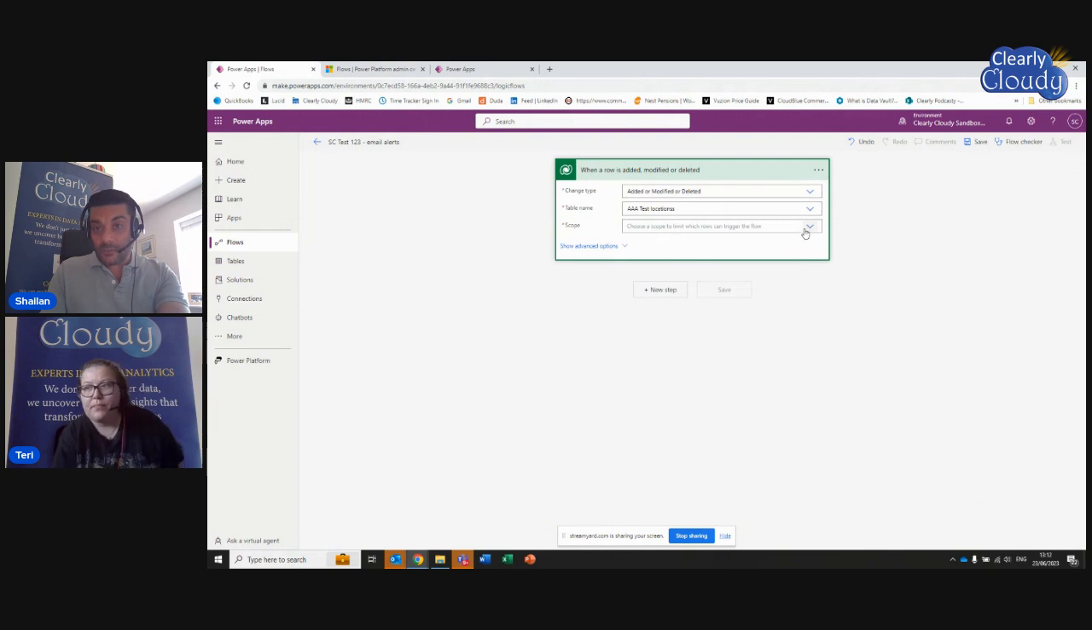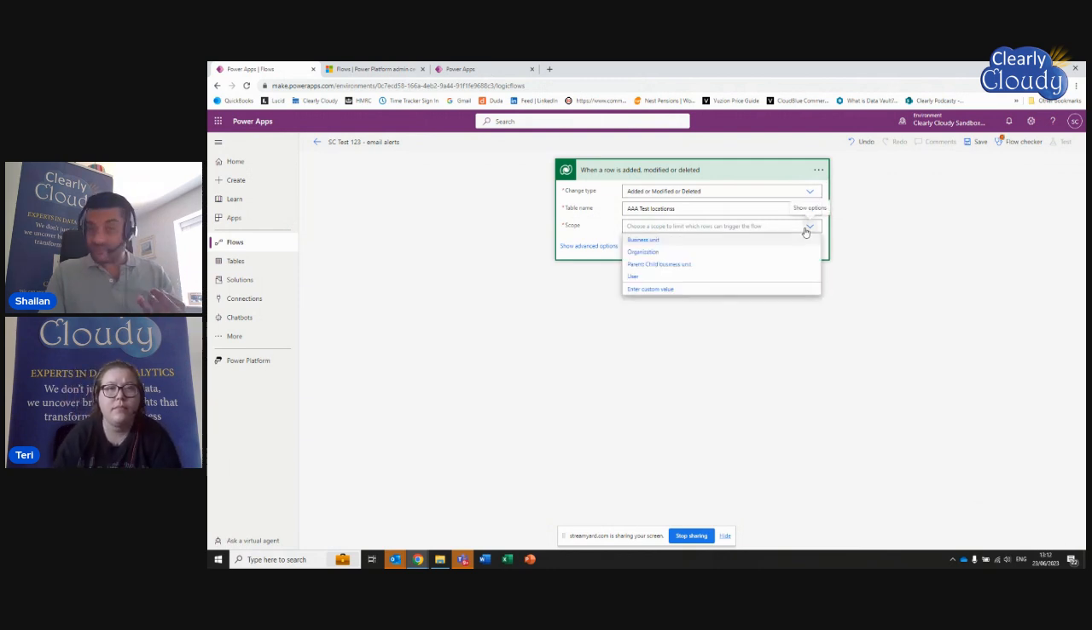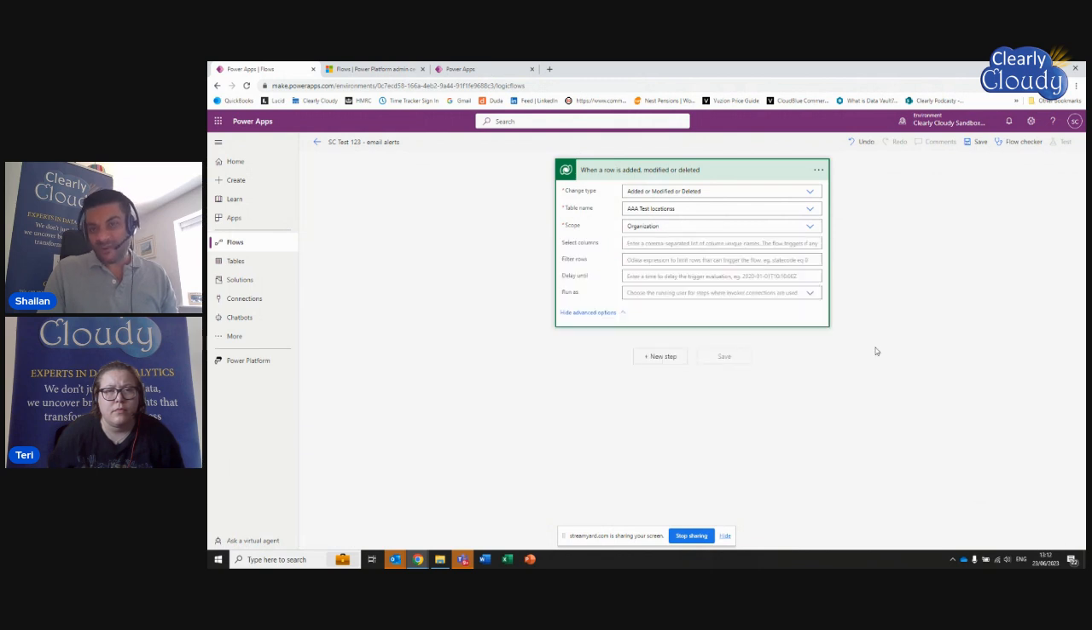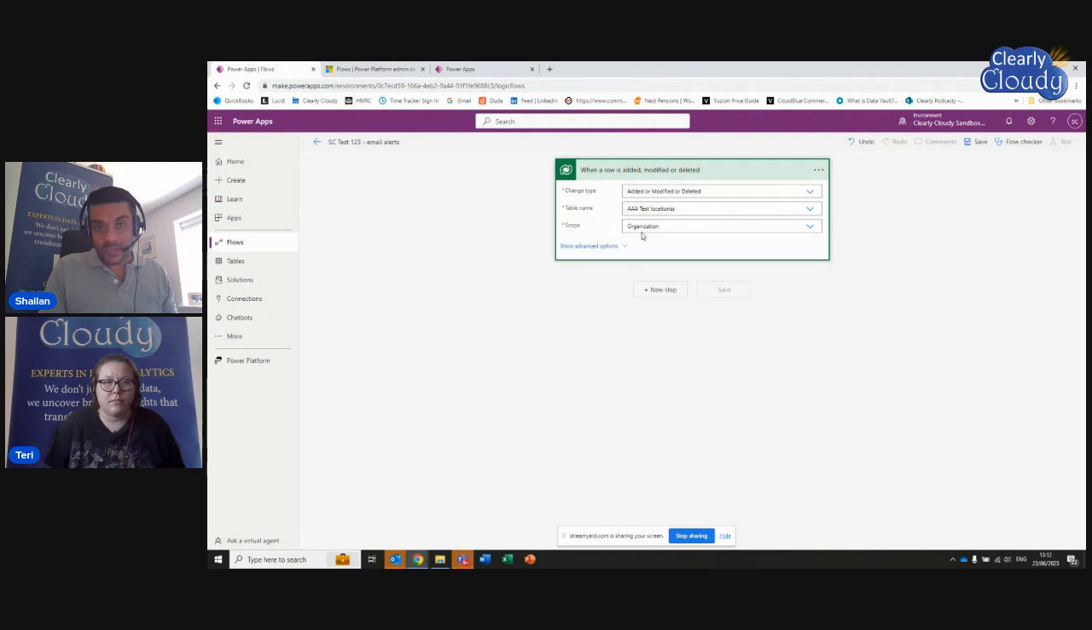And a scope is if it's just for a business unit, if it's for the whole organization, or for a particular user. So let's go with the organization. Now that's a row modified within this table. There are advanced options. Things like you can select a field, you can filter information, you can run as an account, you can delay, you can put some kind of trigger on there. I'm not going to do any of those for this example, but I am going to